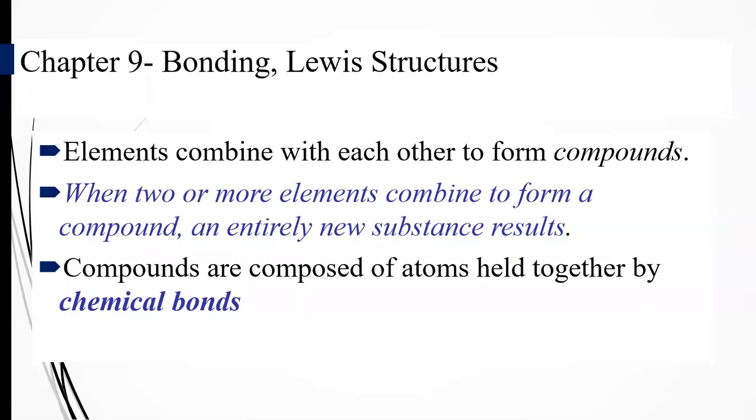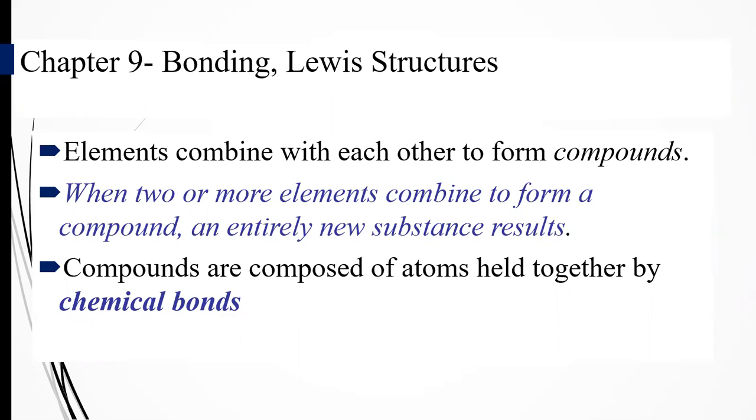All right, so this is chapter 9 from lecture number 1. Chapter 9 is talking about bonding. We've talked a little bit about bonding before. We've talked about making cations versus covalent bonds. Today we're going to look at the theory behind why these